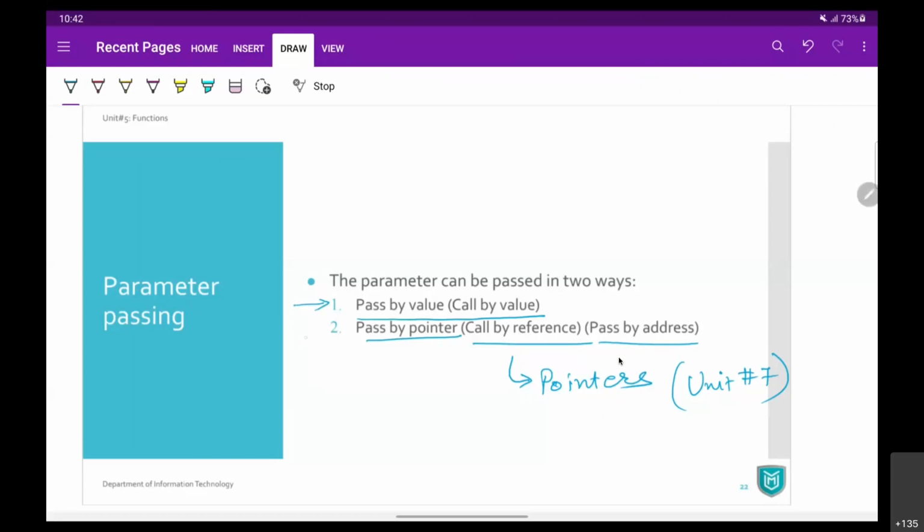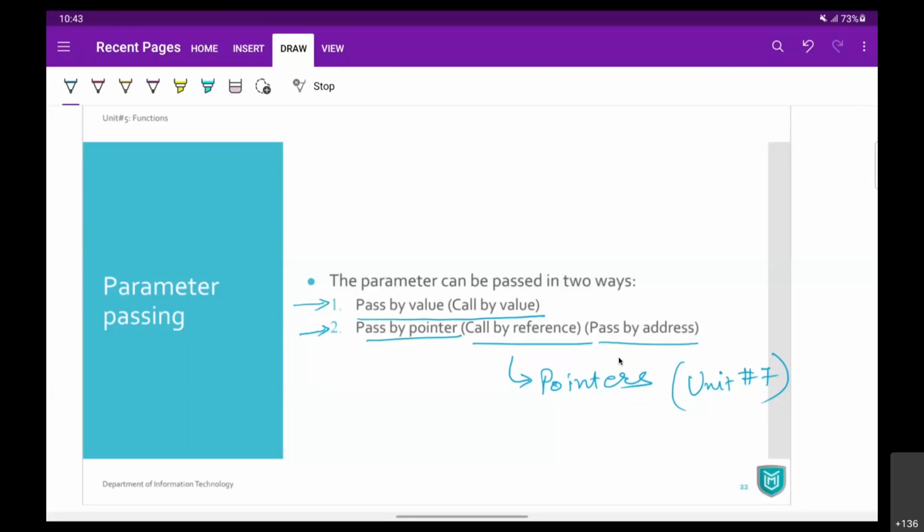Now, call by reference, we will see in unit number 7, not right now, but we will see one example which indirectly is a call by reference, but आपको वो अभी दिखेगा नहीं. It means you cannot see it is actually called by reference, but it is called by reference. We'll see that example just in a bit. So there are two types, or there are two ways you can call a function and you can pass your parameters.